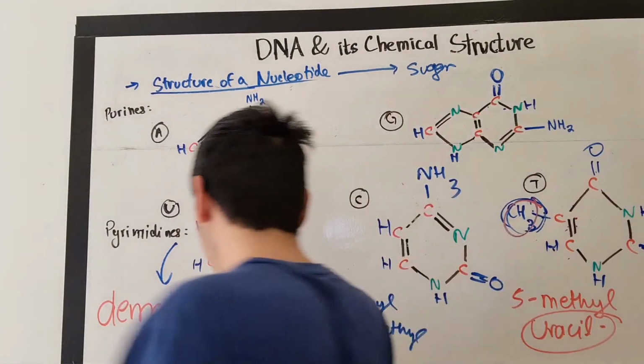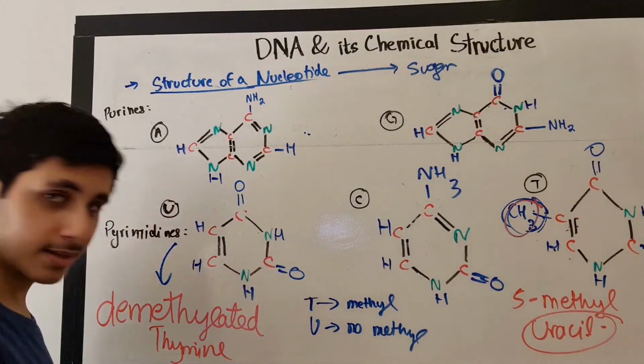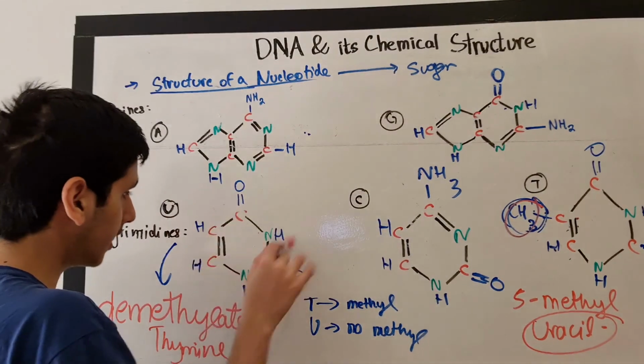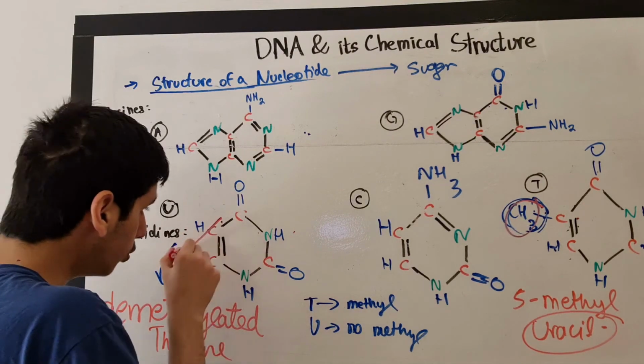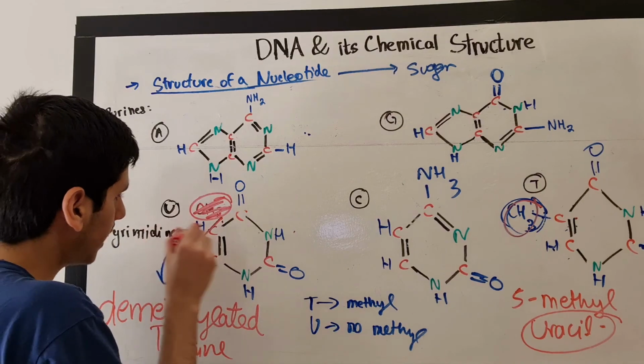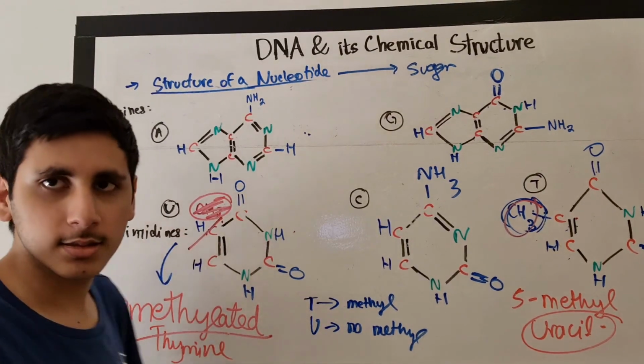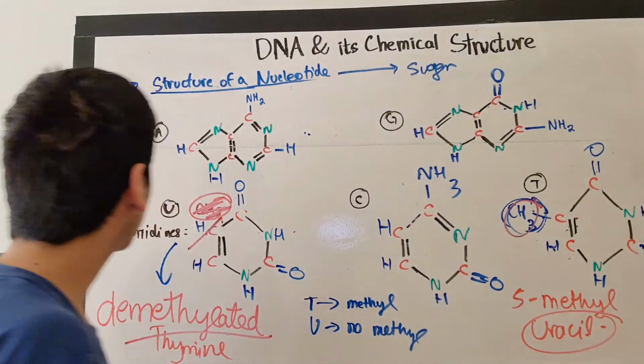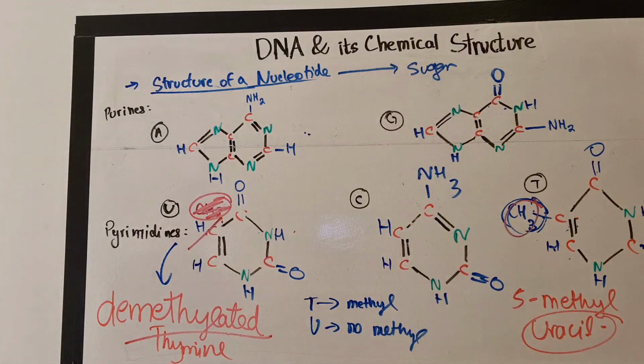And uracil is demethylated thymine because you have a thymine, and on the fifth position you remove the methyl. So if this was a CH3, you remove it, and you just add a hydrogen, and you get no methyl but a uracil. So